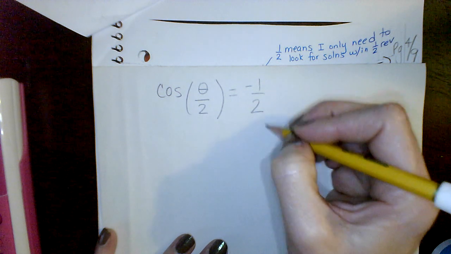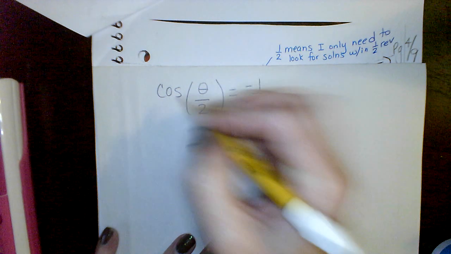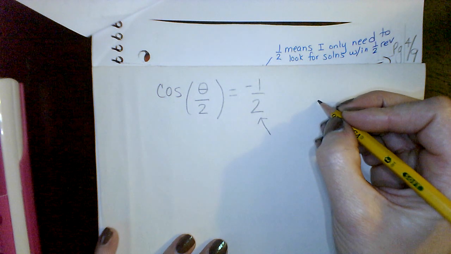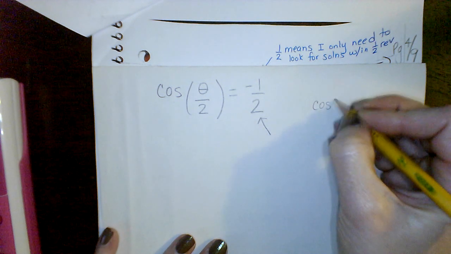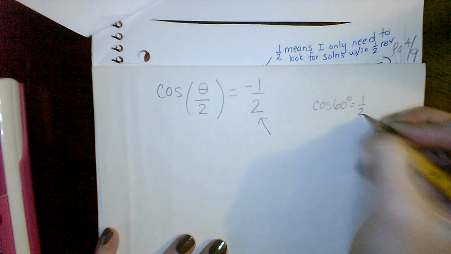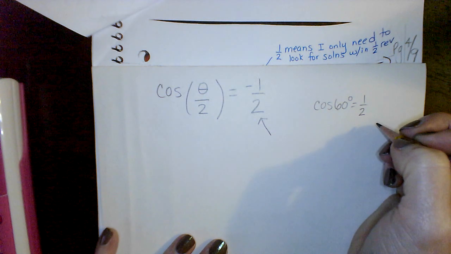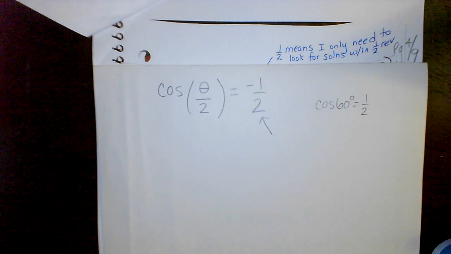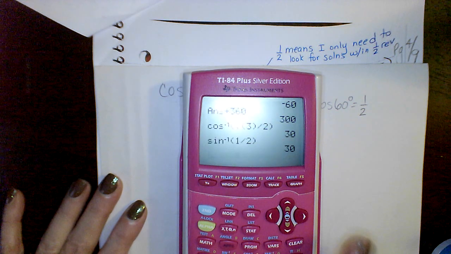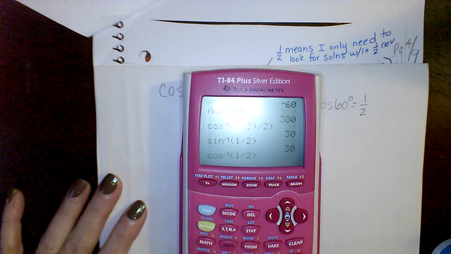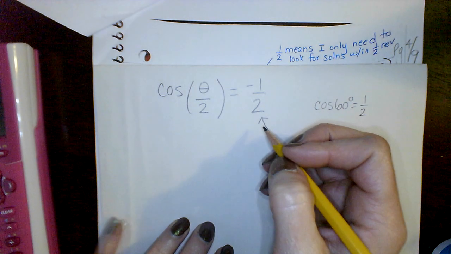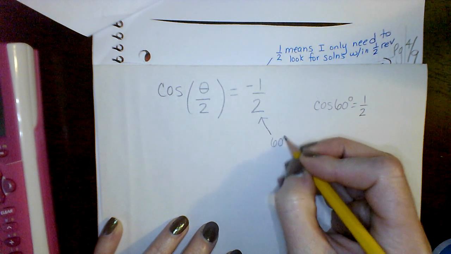The 1/2 part for the cosine, I hope that you look at that and you're like, ooh, I recognize that as the cosine of 60 degrees is 1/2. If that's not one that you've memorized yet, that's okay. But remember, it is helpful if you've memorized those. If you haven't, then you go to the calculator, you take the inverse cosine of 1/2, and you get 60 degrees. So this is telling you that it's a 60-degree reference angle,